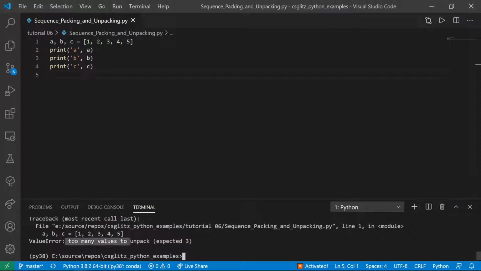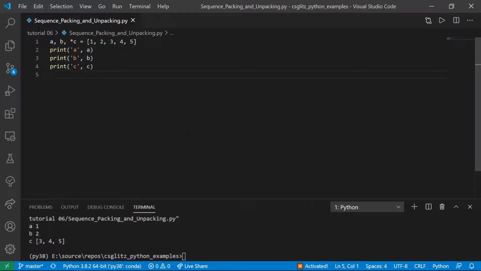However, in the case of more values, we can pack the remaining values in a single variable. We can pack using the asterisk operator before the variable. This will generate a list for the remaining items.